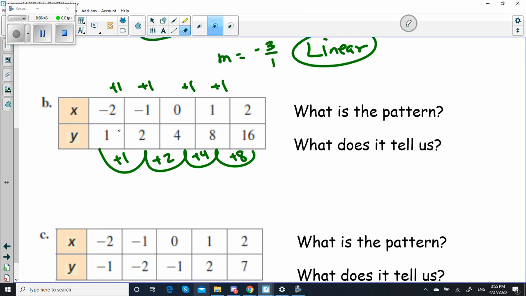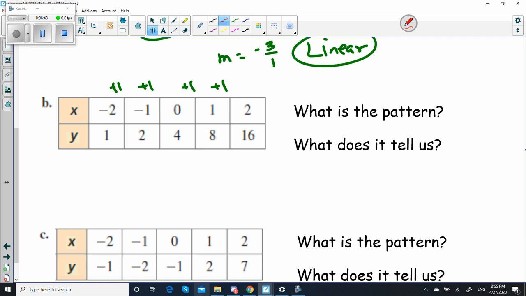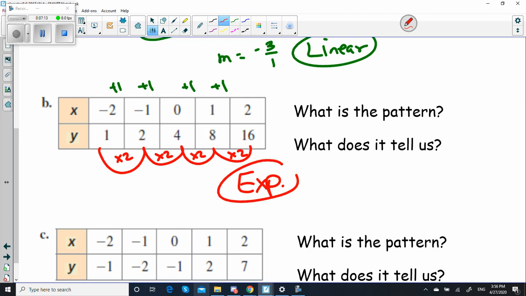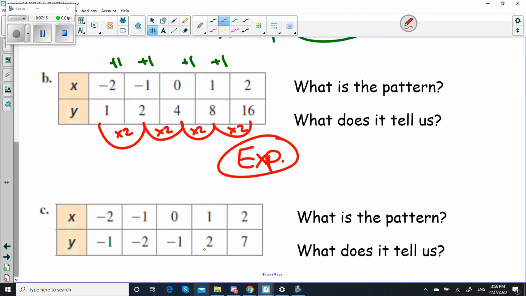Okay, so let's try maybe a multiply pattern and see if we can find a multiply pattern. So if I multiply by 2, by 2, by 2, by 2, hey, it's got a multiply pattern. So that means that this is exponential. Okay, and the pattern is multiply by 2 in the y and add 1 in the x. So it's exponential. Okay, and then if we look at C,